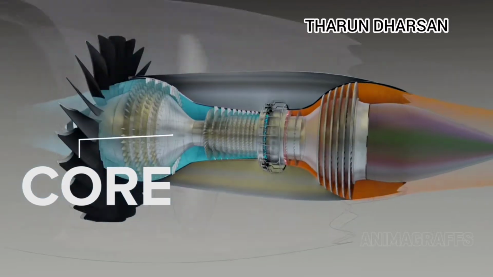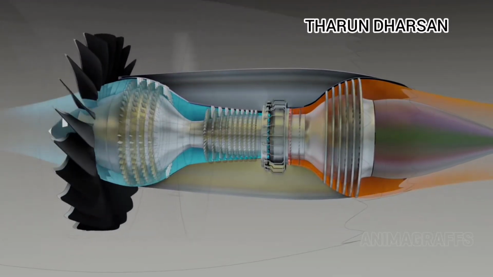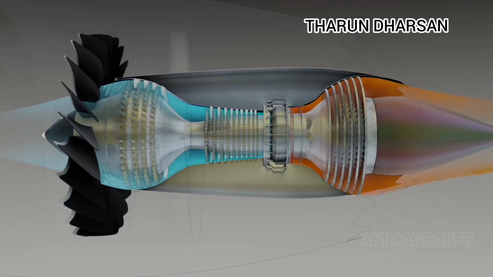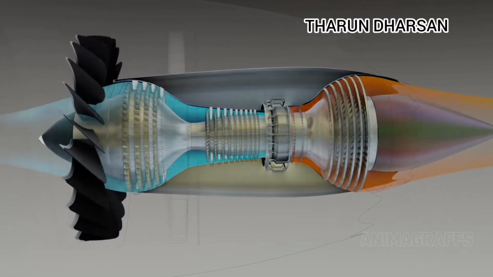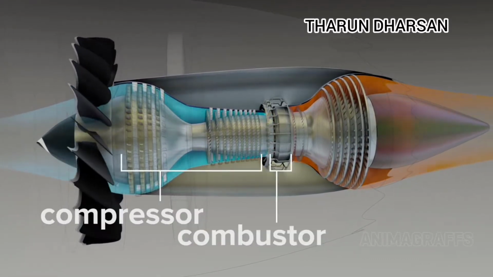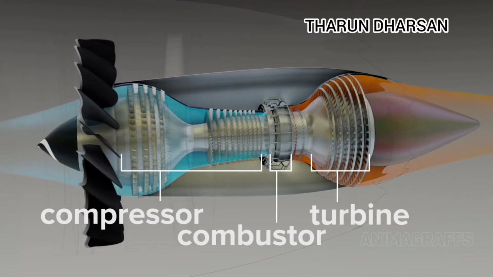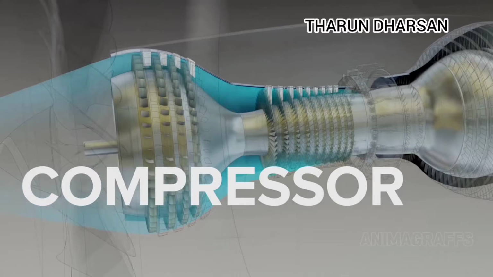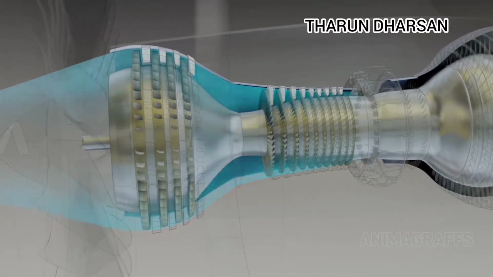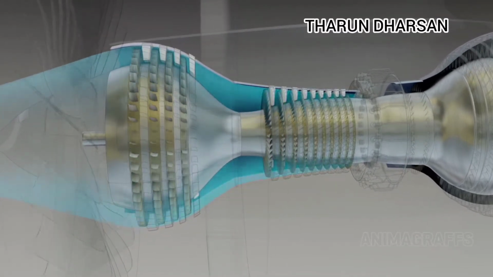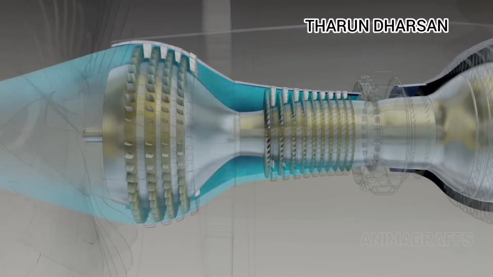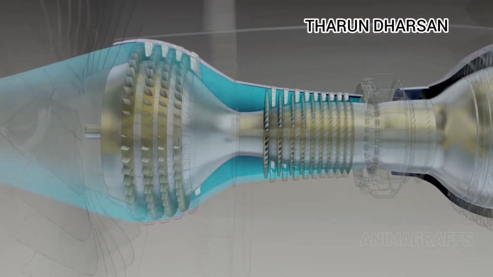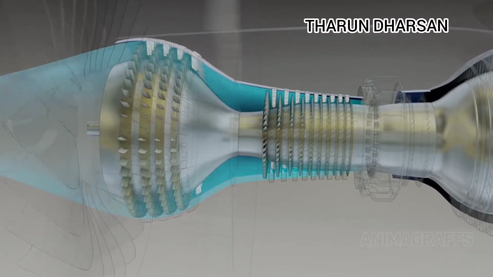The core. The core of the jet engine has a generator that creates high-pressure gas to power a turbine. The setup consists of the compressor, the combustor, and the turbine section. The compressor. The compressed air makes a much more powerful combustion reaction relative to engine size. The compression happens in stages that force incoming air into a narrow chamber.